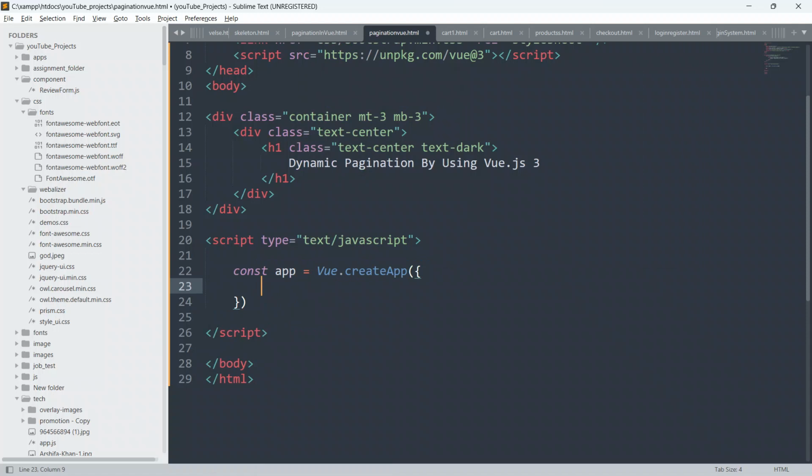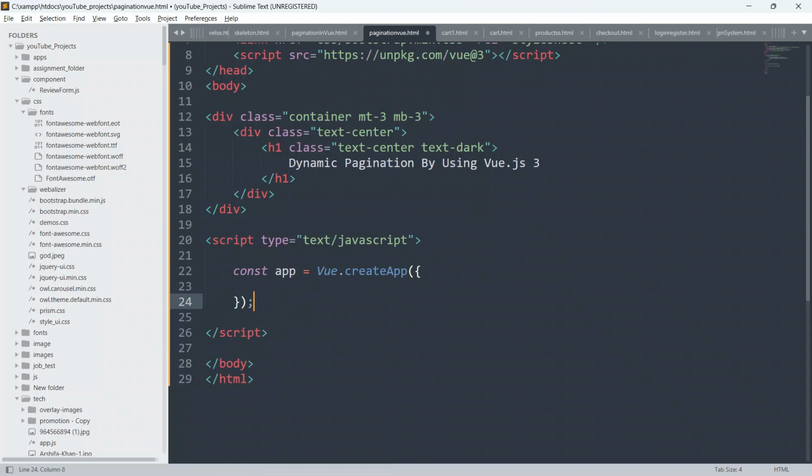You are free to define everything inside Vue.createApp, and I will be doing this in this session.